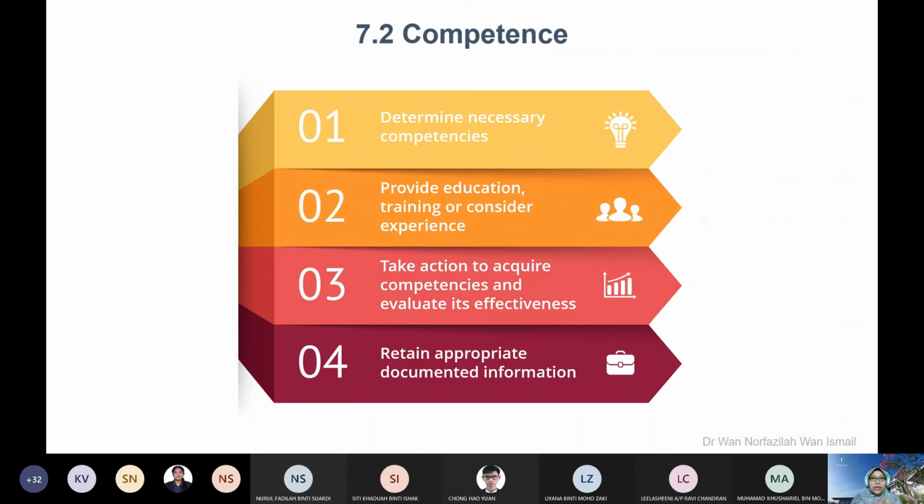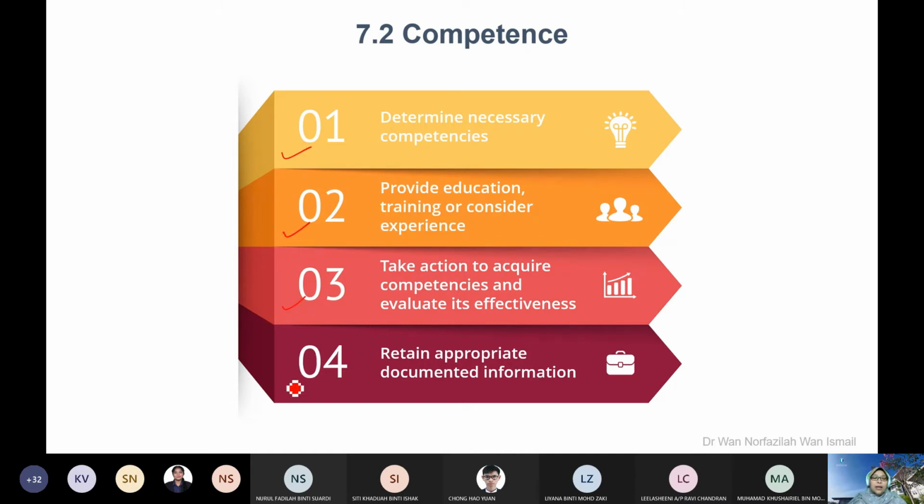If they decide to give training for newcomers, they have to evaluate the effectiveness of the training. If they decide to hire an experienced person, they need to evaluate the competencies of this experienced person, because when you have experience it means that you are already competent in your area. Okay, for newcomers you have to evaluate the training, not evaluate the person. It is different. So once you have done the 3 requirements here, first one done, second done,